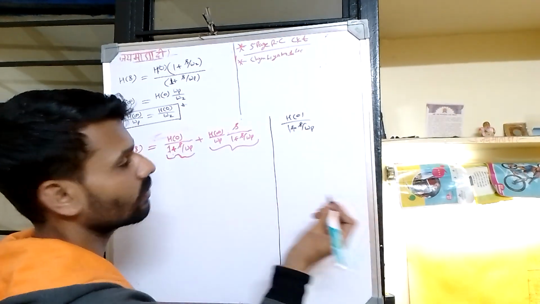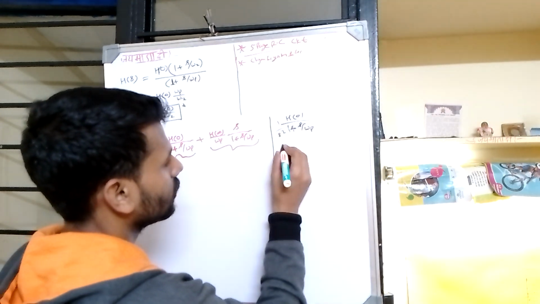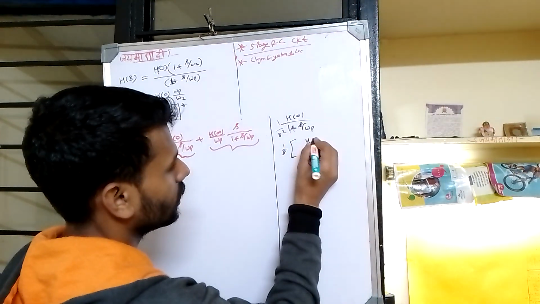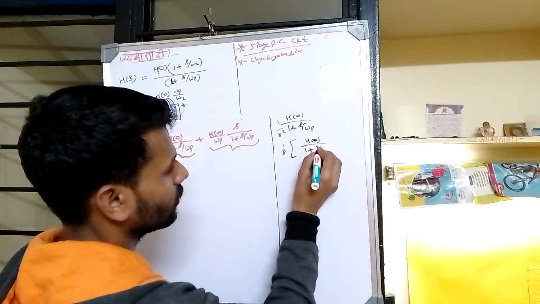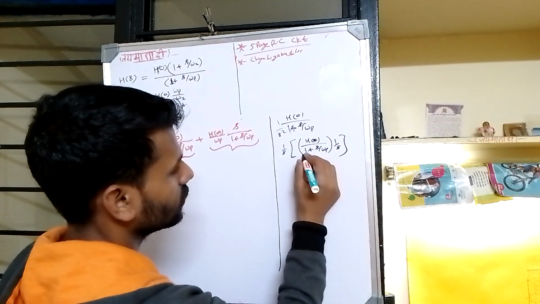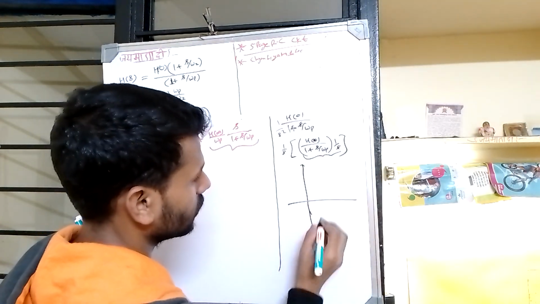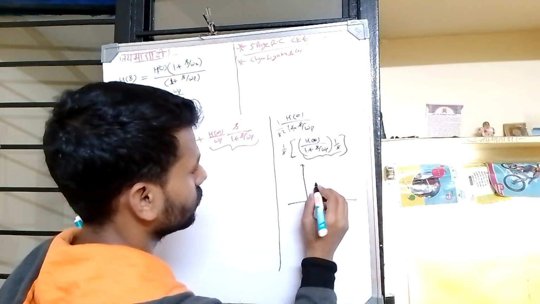I'll discuss it a second time if you want. You just multiply with s square, then 1 by s you will get outside, and this is h of 0 upon 1 plus s upon omega p, and 1 by s means this is the step response. If you see, it looks like a step response,